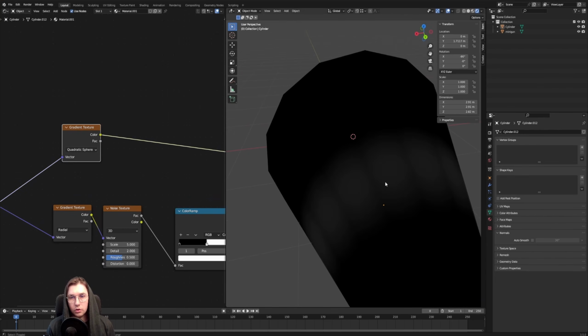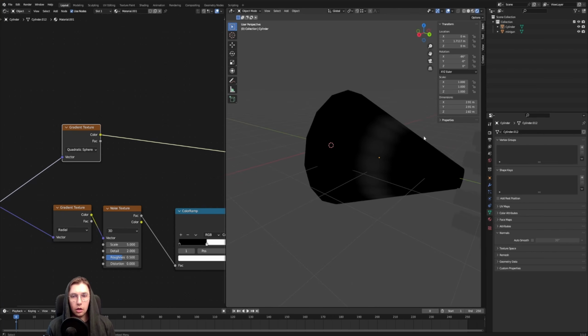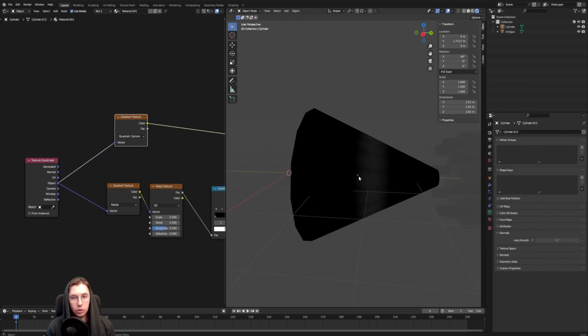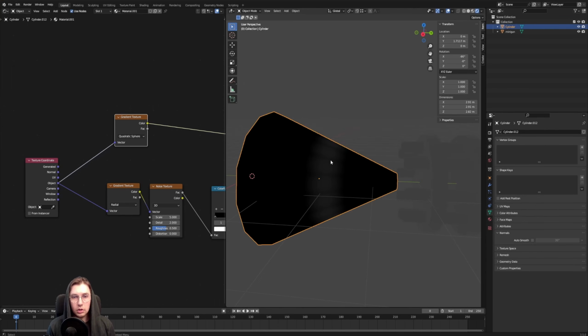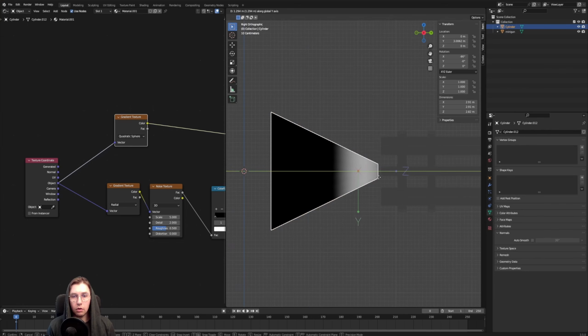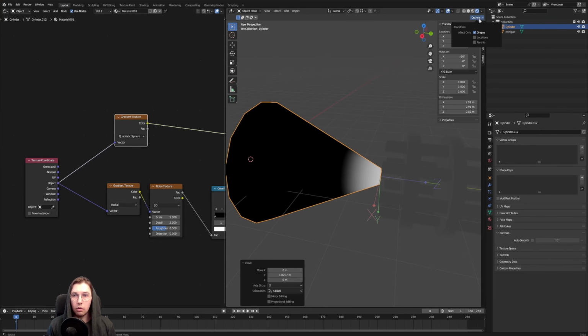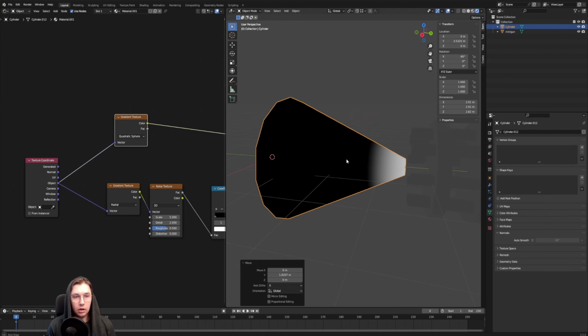You can see that we have something going on in the middle here. That is because this sphere is being drawn from the object pivot point, which is that orange dot right here. So in order for our origin to be back here, we have to just select the object, go to options and change affect only origins, and then simply move the origin point somewhere at the beginning of our mesh. We can check this off again. And now you can see that our mask starts at the front, or rather at the back of the muzzle